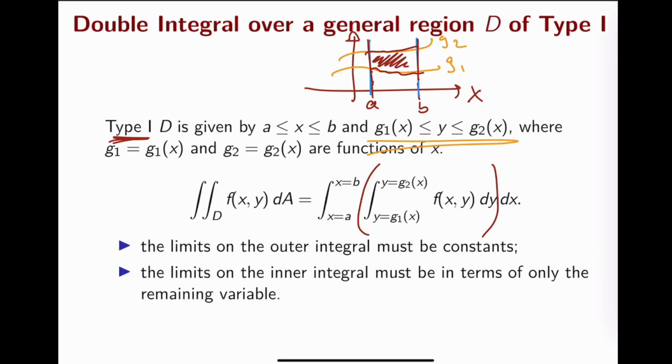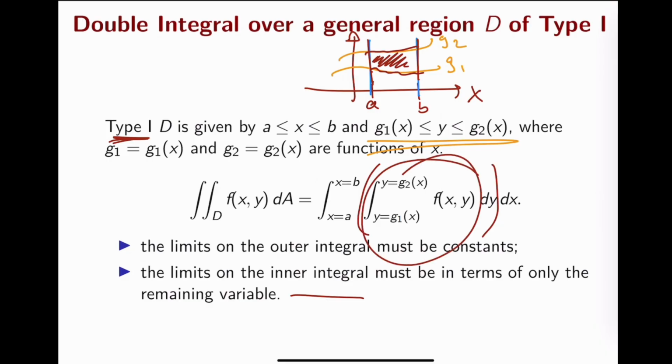way. First, we integrate the function with respect to the variable whose limits are given by two functions, and we leave for the end the variable x, whose limits are just two numbers. In this way, the limits of the outer integral will always be constants, and the limits of the inner integral, the one that we do first, are going to be in terms of the